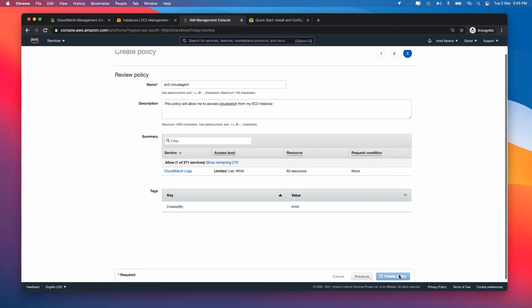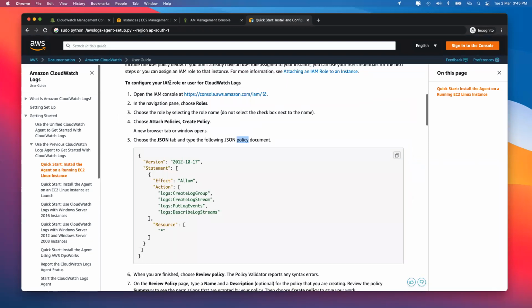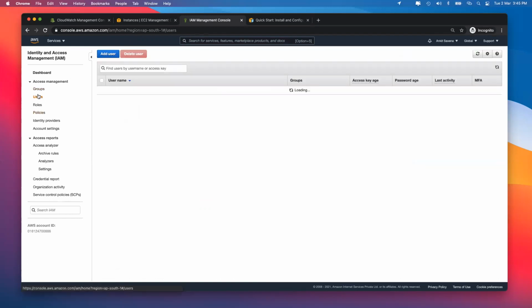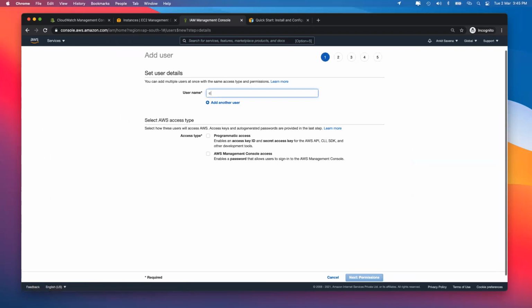We click on create policy now. Once the policy is created, if you go back to the documentation, it is asking you to create either a user or a role. I'll create a user right now. For that, I click on users over here, and let's call it CloudWatch hyphen agent hyphen EC2, and I'll give it programmatic access.